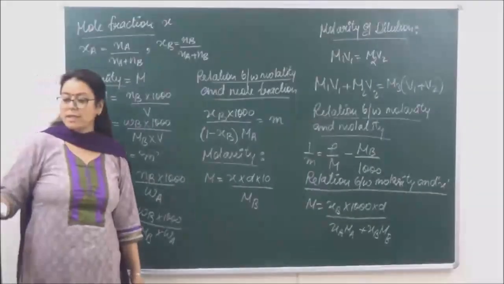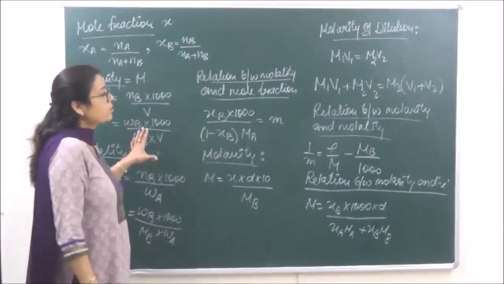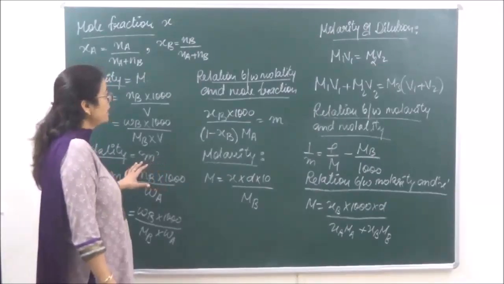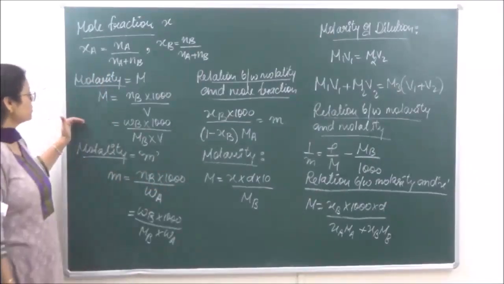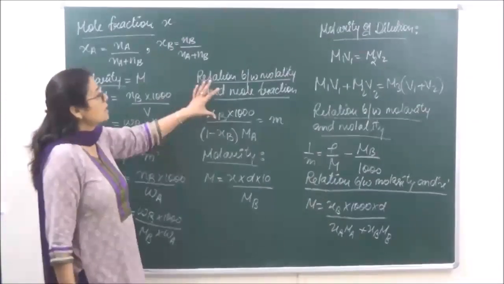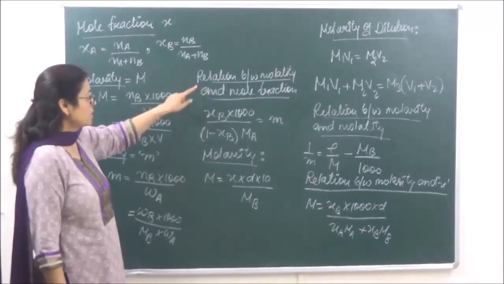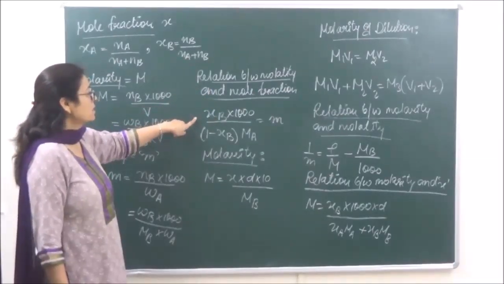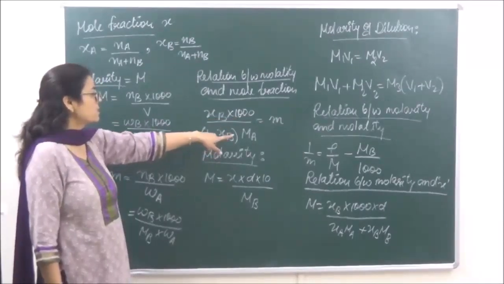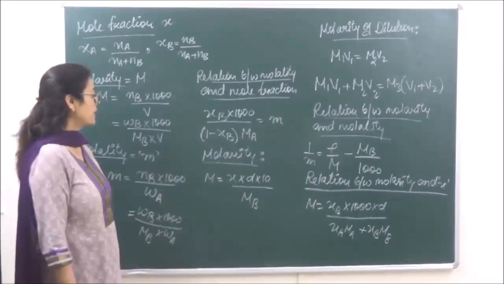So in the last lecture what we did was all these formulae, and now on the basis of this today we are going to discuss certain questions, right? We had done mole fraction, we did molarity, we did molality, then we did certain shortcuts. If molality is given to you, how you will calculate the mole fraction. So the formula is that the mole fraction of the solute is 2000 upon 1 minus xp into molar mass of the solvent, that is going to be equal to molarity.